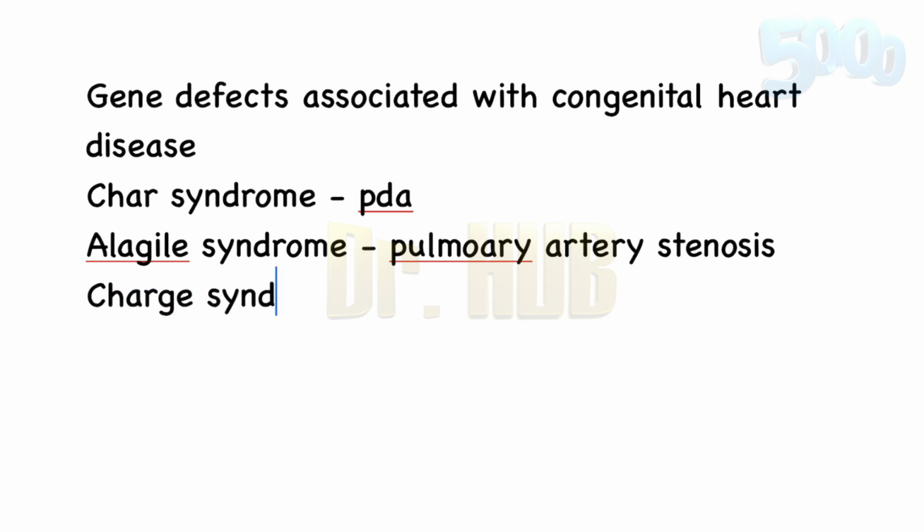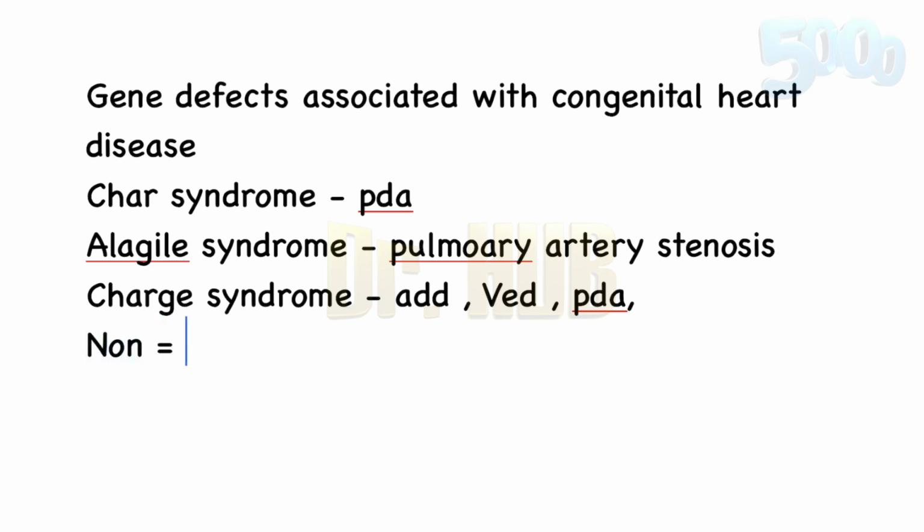Then comes the CHAR syndrome. The CHAR syndrome involves the ASD, the atrial septal defect, the ventricular septal defect, as well as the patent ductus arteriosus and the hypoplastic right side of the heart. Next is the Noonan syndrome. Noonan syndrome is a pulmonary valve stenosis. There is VSD, ventricular septal defect,